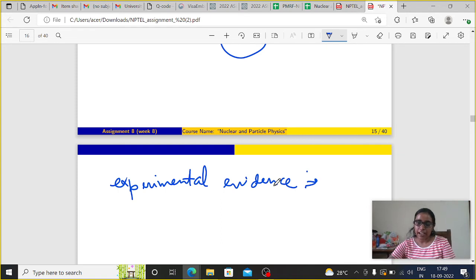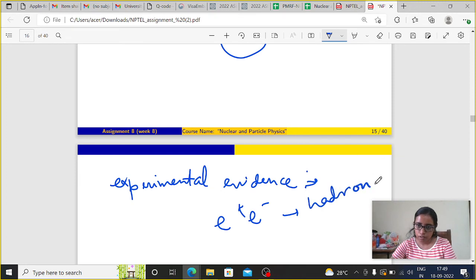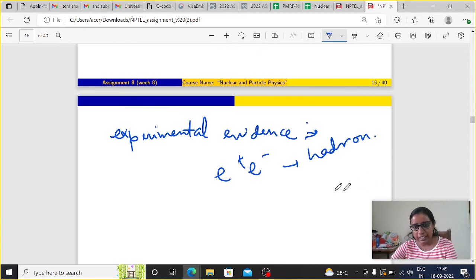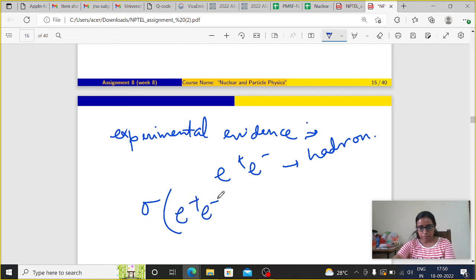Okay, so if I write here e plus e minus to hadrons. e plus and e minus are leptons, and if they collide head-on with so much energy, then they will form so many hadrons, which is what is going on right now in the LHC. So in that type of process, if I calculate the cross section of e plus e minus going to hadrons,